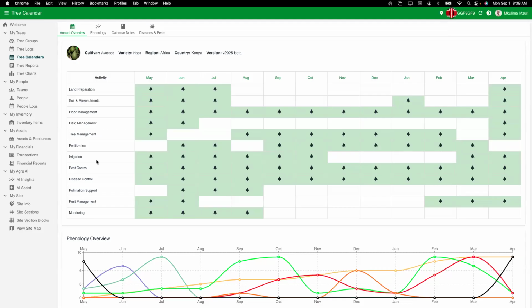So our calendars are regional. So a disclaimer that we all need to know as we go through this trial: this calendar is based on the Southern Hemisphere in Africa. And we know that in Kenya, you are very blessed. You have 2 seasons because the equator runs through. You almost get the best of both worlds. So you have a bit of a Southern Hemisphere, Northern Hemisphere situation happening there. So you have 2 harvest seasons. So that's good. So this calendar, for example, let me go to phenology,